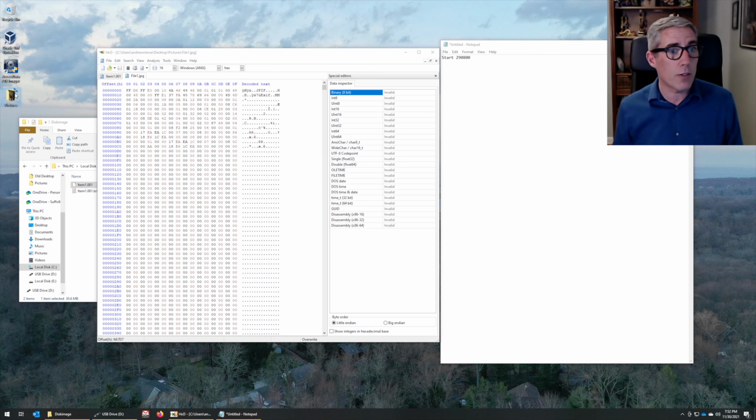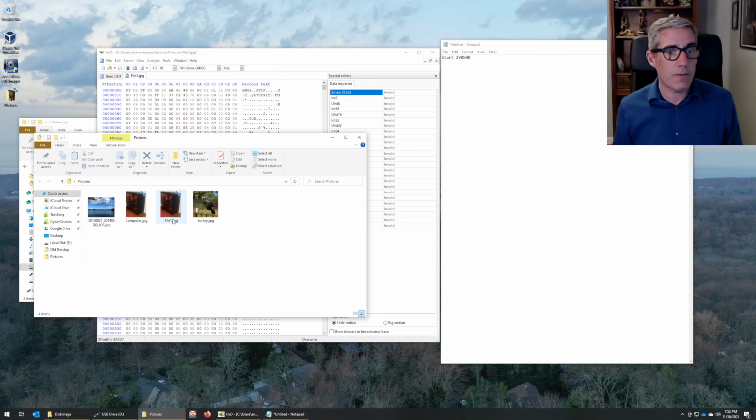Now, if I open up that directory, I see that file1 was my computer image. So it looks exactly the same. If I look at the sizes, they're the same size. I could do them side by side. That's the same picture. So now I know